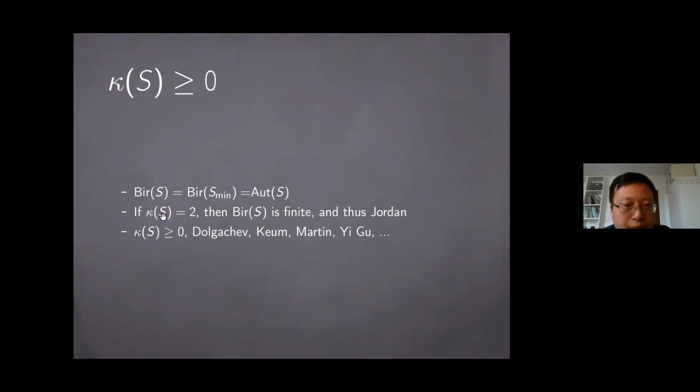For example, if Kodaira dimension is 2, there's nothing to say: in this case, birational equals biregular, since the surface is minimal, so for a general type surface the automorphism group is just finite. If Kodaira dimension is greater or equal to 0, as far as I know, for automorphisms of K3 surfaces over a field of positive characteristic, Professor Dolgachev and Chen, I think, have several papers studying this subject and giving some sort of classification. And Martin recently, last year, gave some classification of